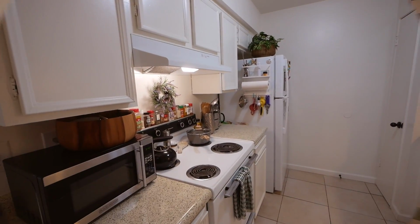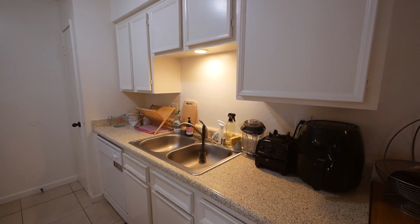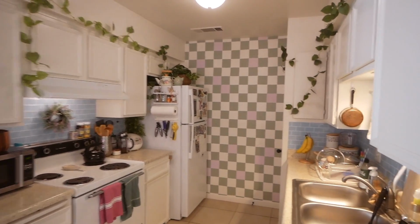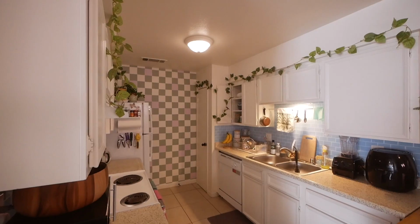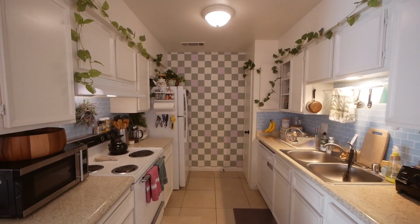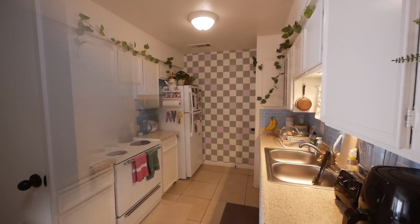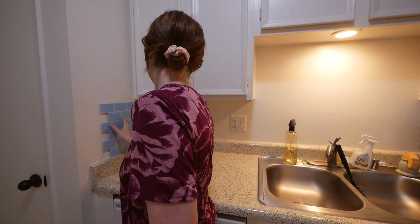this video. But look at how ugly it is. Look at how white and void of personality. And then look at this, dare I say it, personality, color, greenery, and kitschy grandma core vibes. It's not perfect. For sure it's not perfect. But I love it. And I never thought that I would love this apartment's kitchen. So that's saying something. Anyways, we're gonna get right into it with the baby blue tile that everyone knows and